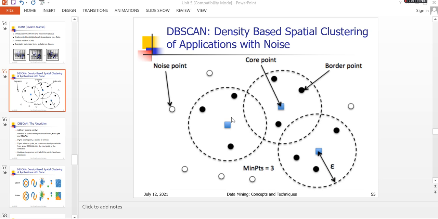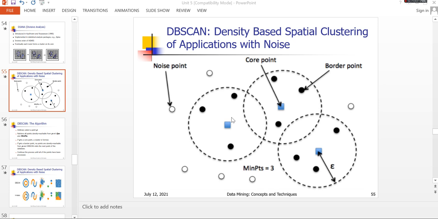Within that circle, if you get 3 points, minimum points equal to 3, then that is a core point. If within that circle only 2 points are there, then it is not treated as a core point. That is what is meant by a core point.